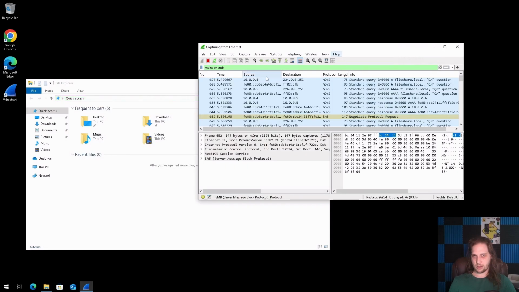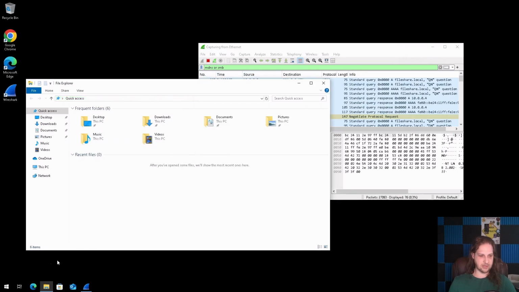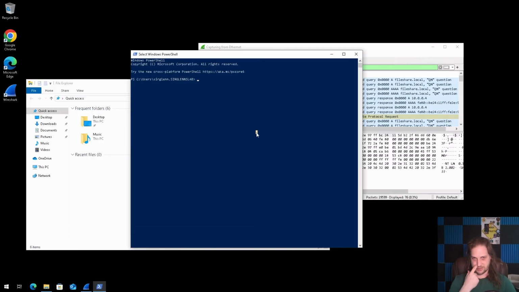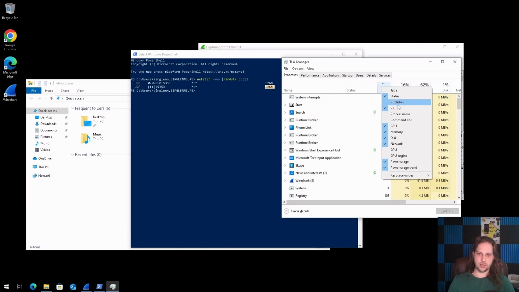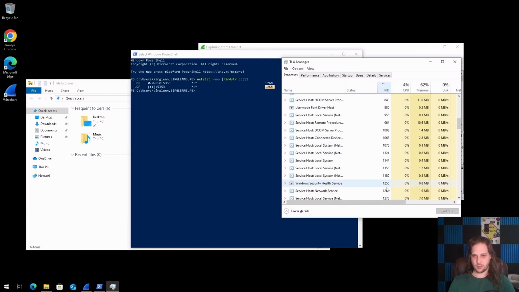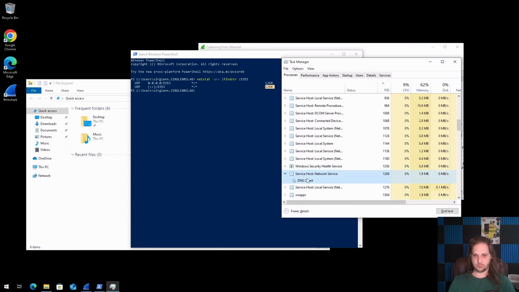Well, mDNS is a bit of an interesting protocol in that it actually has some real use cases, unlike some of its other ones that we just saw issue with, like LLMNR and NetBIOS, which are also things we want to shut down for the same reasons. If we go into a PowerShell here and do netstat -ano, find string :5353, we're going to see that a process at 1268 is the one binding these. We can open up Task Manager, right click and make sure your PID is shown, and then we can scroll down until we find 1268. DNS Client. Okay, so that's the Windows built-in DNS client.